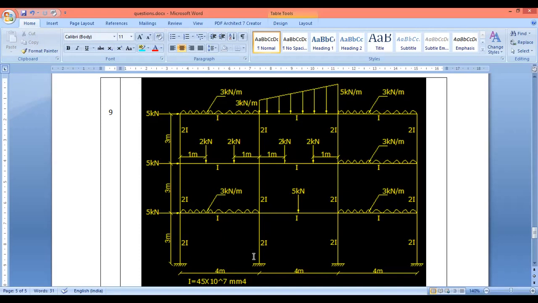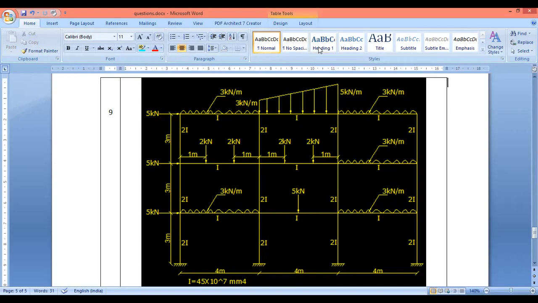Or otherwise, you can again form this initially. You create the first one and second one, the second and third way you can create. Then altogether, you can just take these three and go for translation repeat. Even here, to form these two, you can use the translation repeat command to get the second and third way in x direction. Here the translation repeat you will do in y direction. Here the translation repeat you will do in x direction. Both the methods are valid.